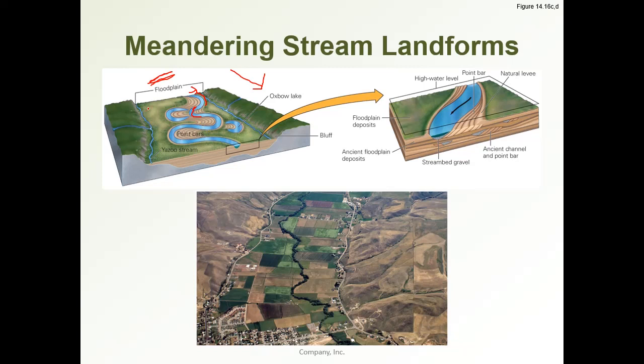So these things progress side to side, and they also progress downstream. And so, these can get pretty extreme. I'll show you a photo of a very extreme meandering stream in a bit. We can see this also in the channel deposits. We can see these point bars in the channel deposits, and we can also see the streams moving back and